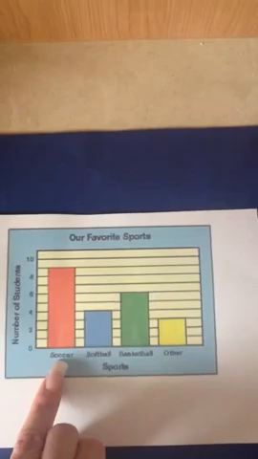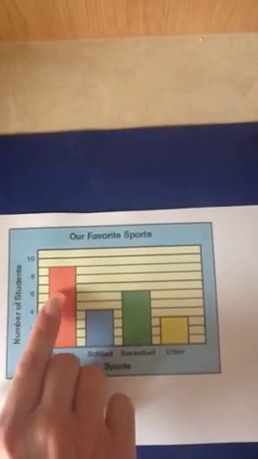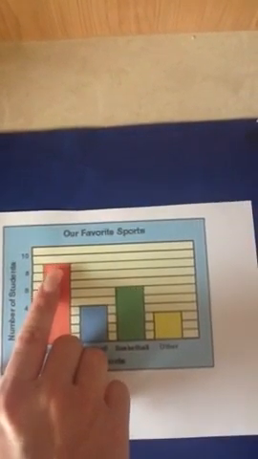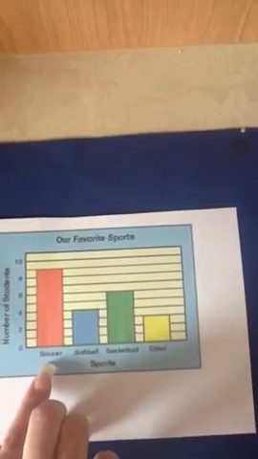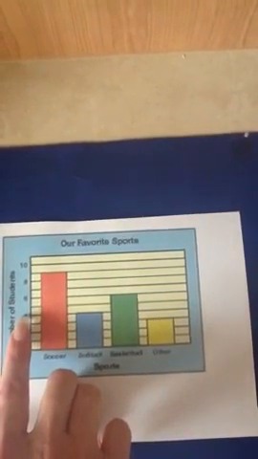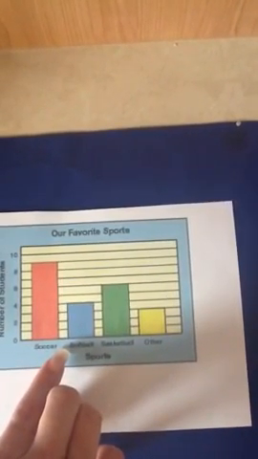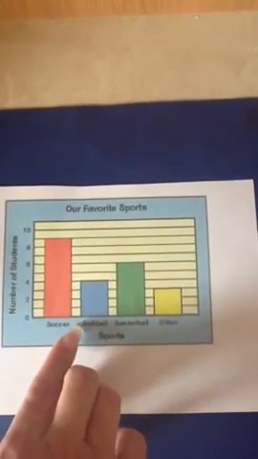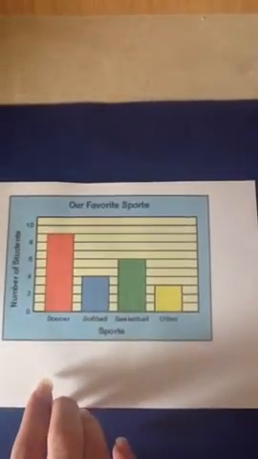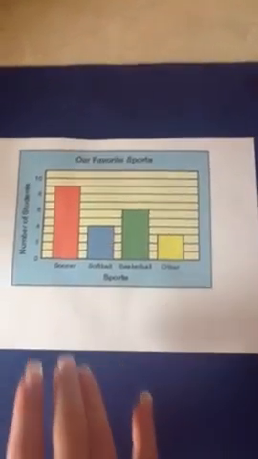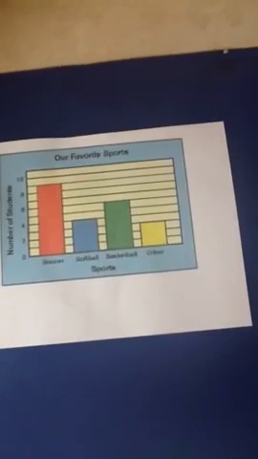And we can see that there were 9 students whose favourite sport was soccer, and 4 students whose favourite sport was softball. These are just 2 examples of how to create a column graph. So when you begin your own column graph,